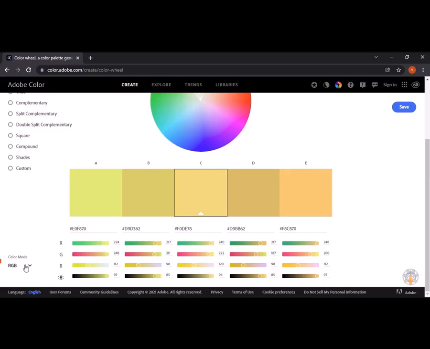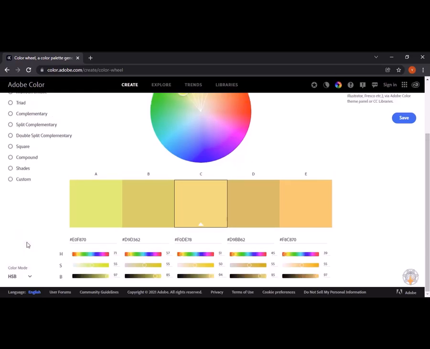You can switch the color mode from RGB to CMYK, which stands for cyan, magenta, yellow and black. Then you can also take colors on the basis of hue, saturation and brightness, known as HSB. And you can take the color values as per that. Lastly, you can also take the color values in LAB colors if needed.